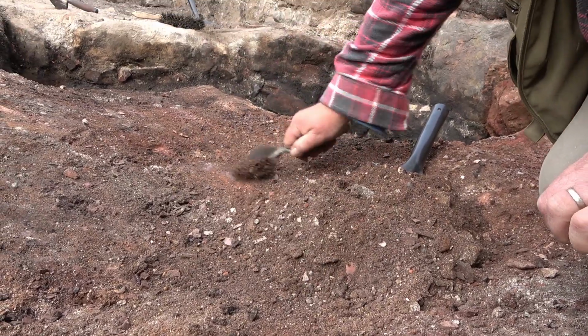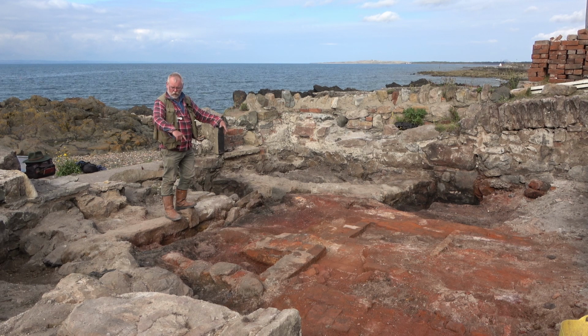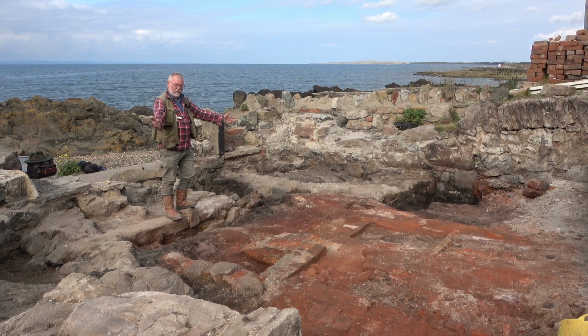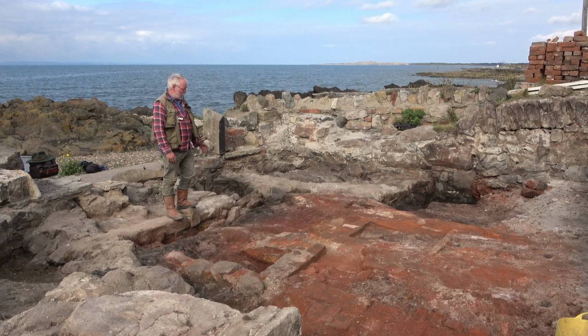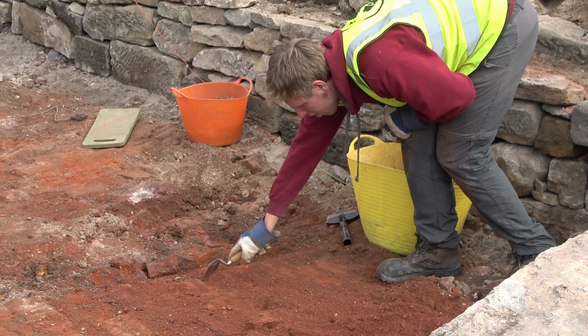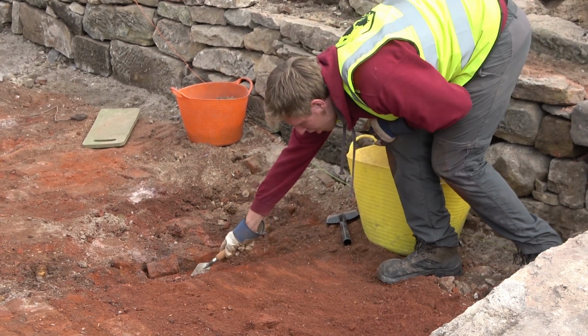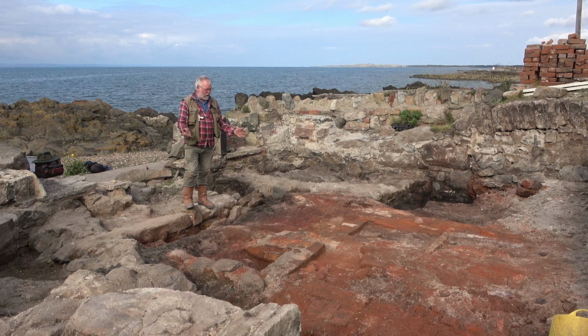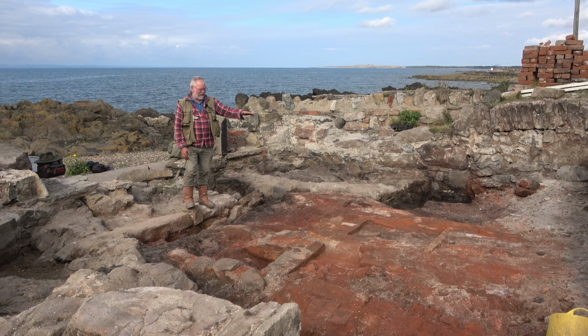The pan for that would have sat, the big iron pan would have sat in the middle with the corners on these walls here, with the flues and the hot air coming underneath, so it boiled off the brine and things. At some stage it's all filled in, as you can see, with all this red and black and orange ash deposits. It's gone out of use, we imagine, and then a later phase in probably the early 19th century,